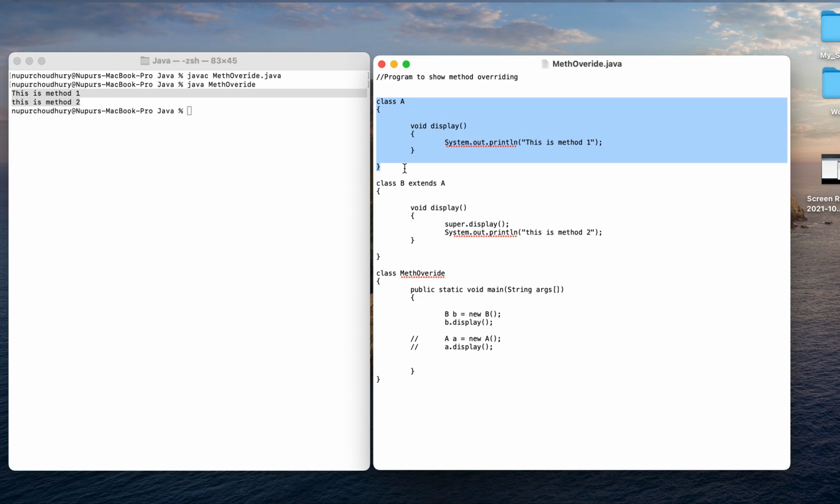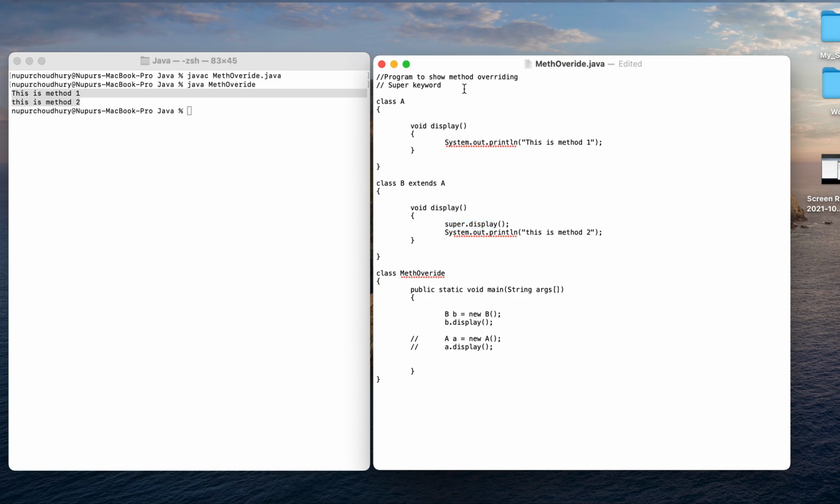Now the other concept which is related to this, so this is one concept, I'll simply write it down here so that we remember what we have done. So first of all we worked with the super keyword, which replaced the need for creating an object and calling the parent class method. Instead we can simply use this super keyword in order to call the parent class method.